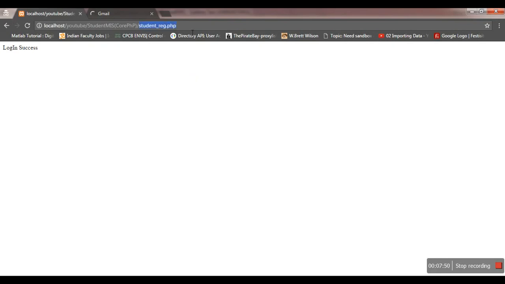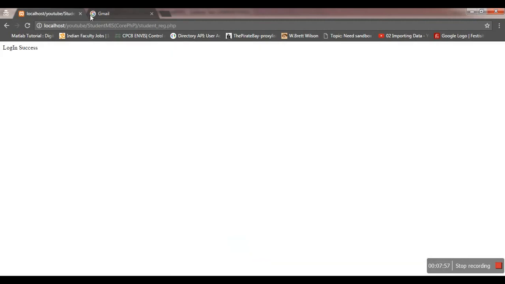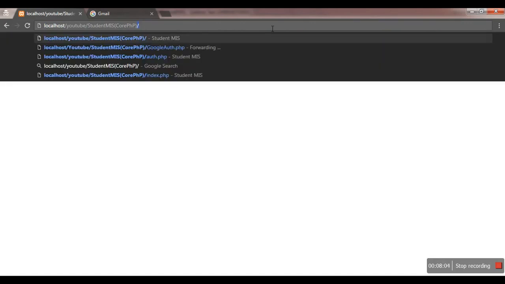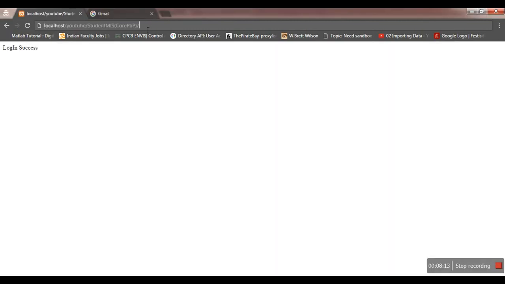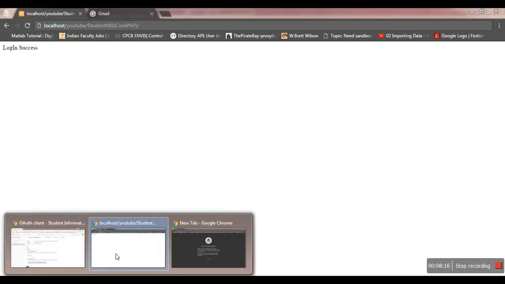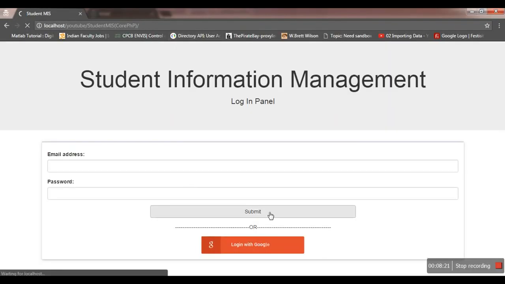I'll show you in later stages how we can use this information in our portal, like emails and photos. I think the sessions have remained. Anyways, we can just try it in another window. Right now we have not handled the sessions, so the sessions are set and it is giving access directly, but it won't happen over here because here we are not having any sessions.